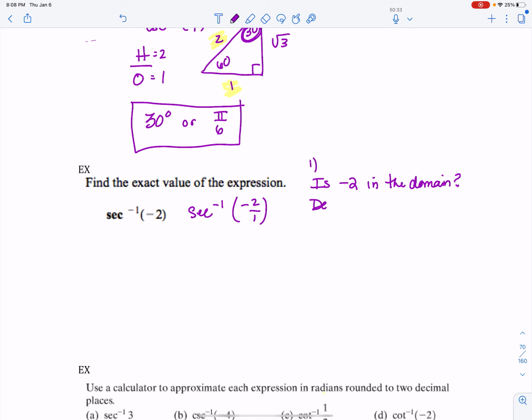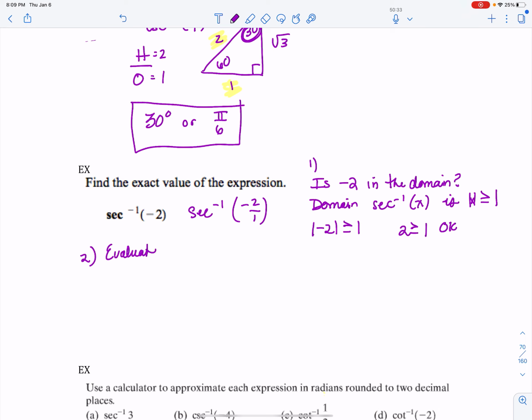So the domain of inverse secant is the absolute value of x has to be greater than or equal to 1. So if I take the absolute value of negative 2, is that greater than or equal to 1? The answer is yes, because the absolute value of negative 2 is 2 is what I meant to say. So this is okay. So I move on to step 2,